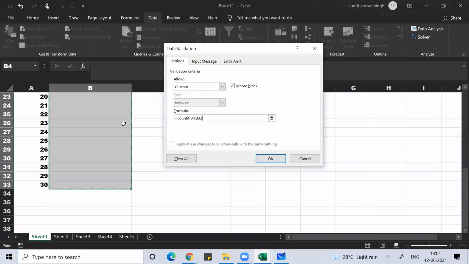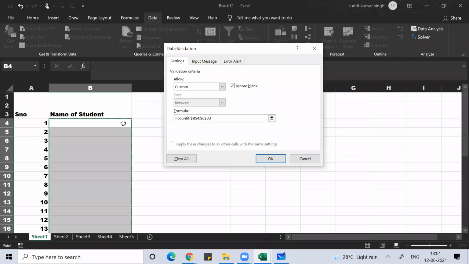Fix this range by pressing F4 to put a dollar. Dollar means fixing the cell. Then a comma, and write the first cell. Your first cell here is B4. Close bracket, then write less than 2 and then press OK.